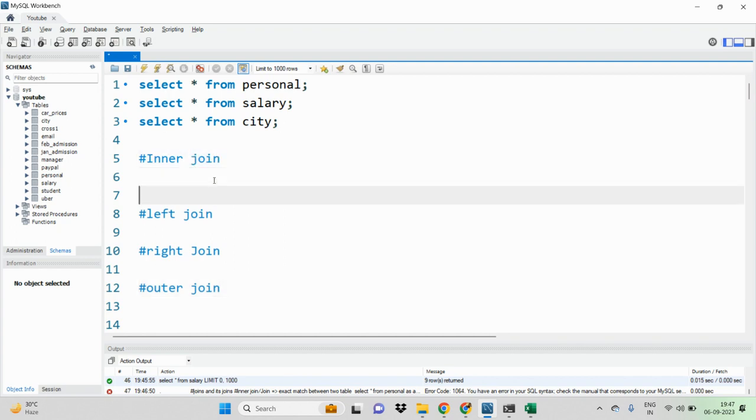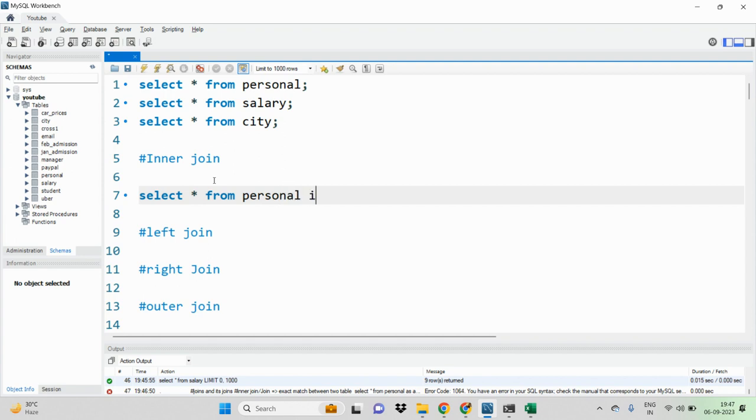Very simple. This is the join which is used to join two tables. We know that is the definition of join. Let's say select star from, what is my first table? Personal, inner join. What is my second table, guys? Salary. Now, how can I join these two tables? I'm going to join this personal table with my salary table. How can I join? On